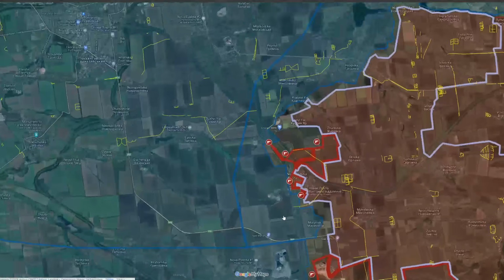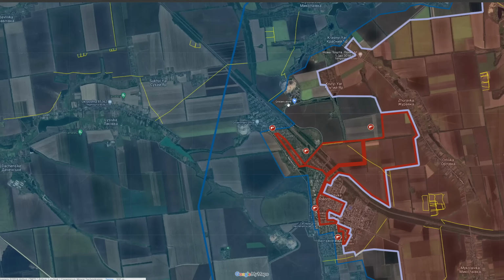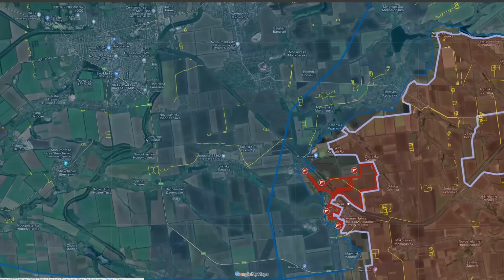In the Novohrodivka direction, the recent advances show that the Ukrainian defenses within the town have completely collapsed, and the Russians are now going to capture the town at any moment. It could already have been captured, considering that we get our news delayed by a day or two. So we see that the Ukrainian positions by Novohrodivka have completely collapsed,